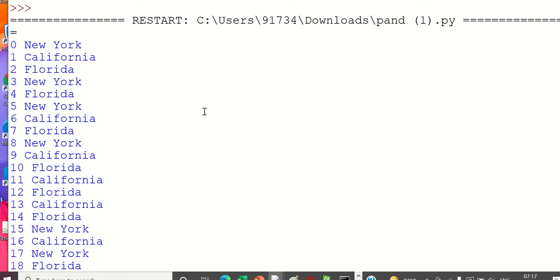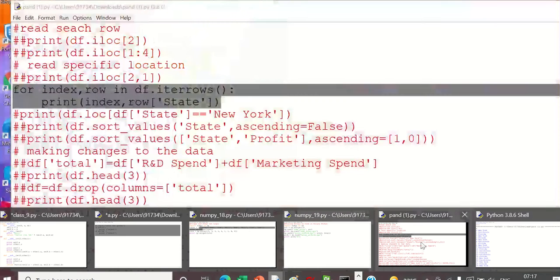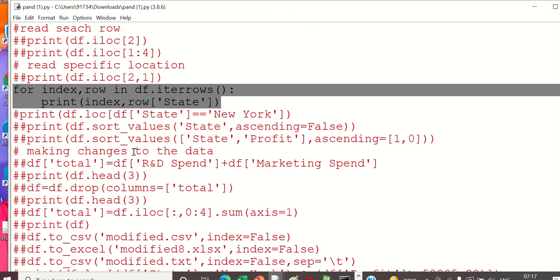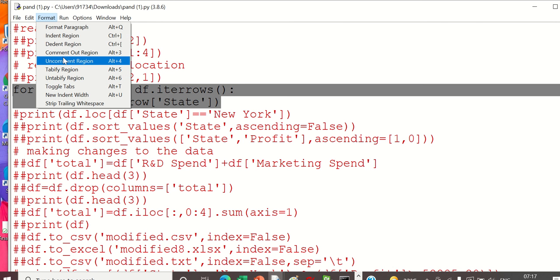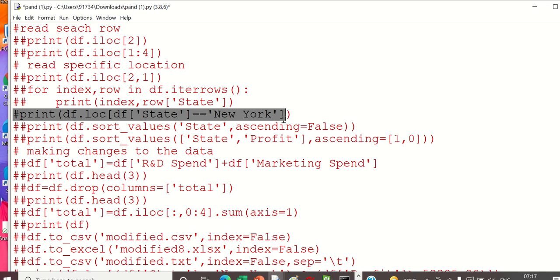So the next command. Now we are going ahead and actually doing something special. Here, if the state name is New York, I am interested to see the information of those particular data.